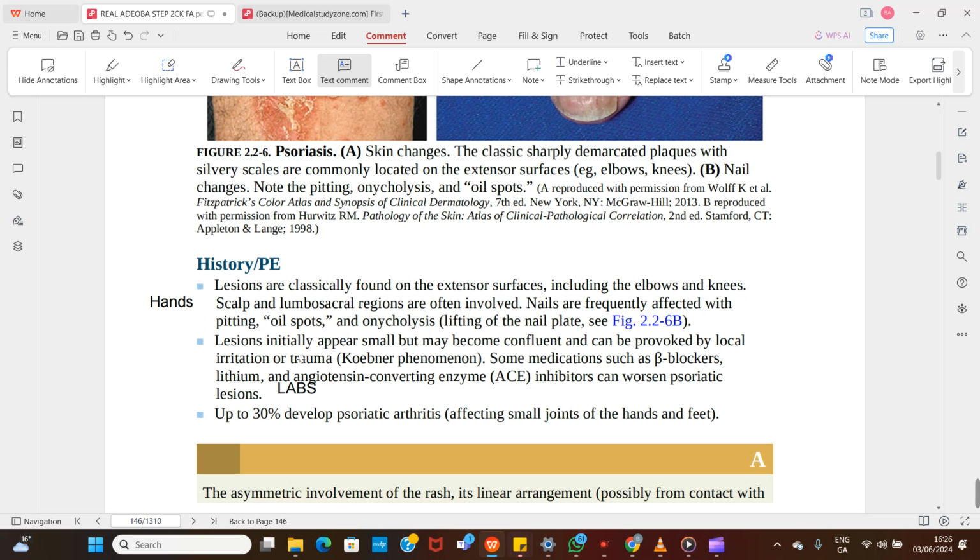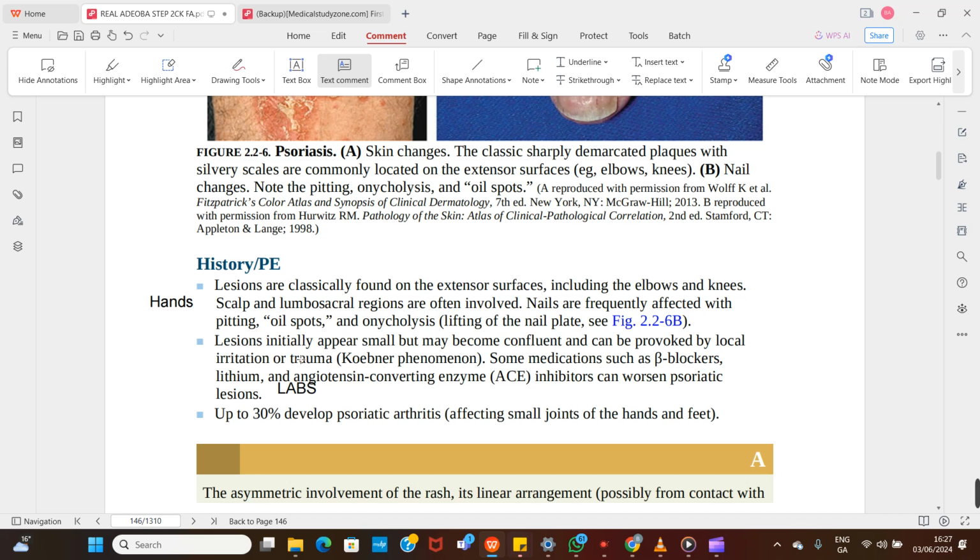It's different from the Nikolsky sign, please. I'm going to talk about the Nikolsky sign later, in which you have unroofing of the blisters by the time you apply your pressure. Well, here you're having new lesions appearing when you apply trauma. That is Koebner, and it's classic for